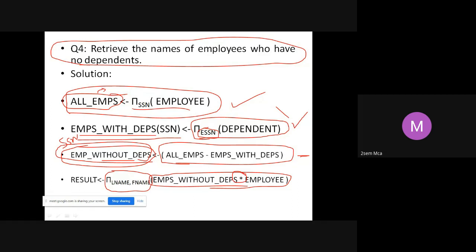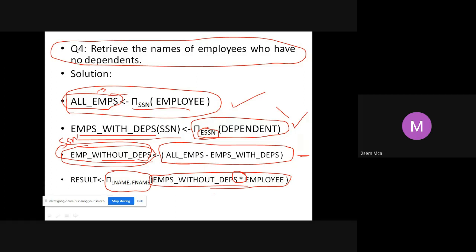Why do you apply a natural join? You apply a natural join because if you are going to have duplicates, the same value will appear twice, and we don't want the same column to appear twice. In the class one or two days back, I told you, you apply a natural join because you want to eliminate the duplicate column. That is why you are doing that.